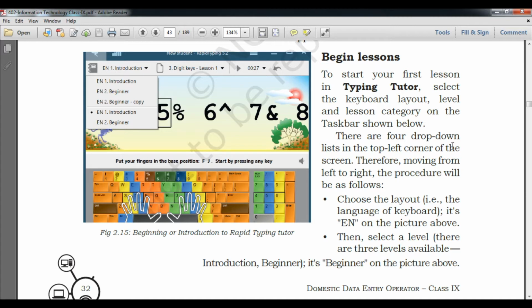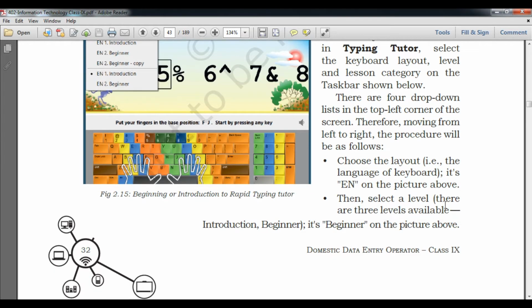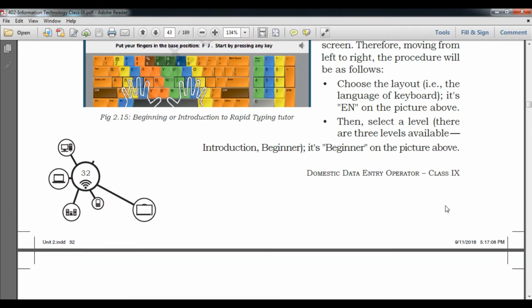First of all you have to select the keyboard layout, because there are 2 types. One of them is the QWERTY layout and another one is different. So you just choose the layout, then select English version, and then select the level. Then you can start as shown in the picture above.